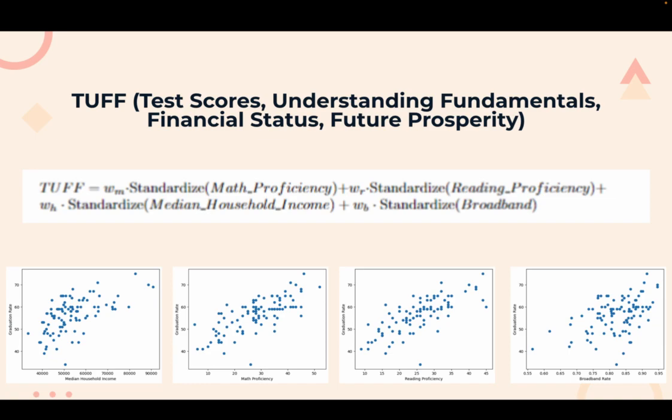So how do we plan to address this? We created TOUGH, an index which prioritizes certain factors through weighting correlation and multiplying it by the standardized score that we give it. And we use these in order to evaluate counties and give specific advice to each of those counties so that they can prioritize where they put their funding in order to help the performance of their counties and their people.